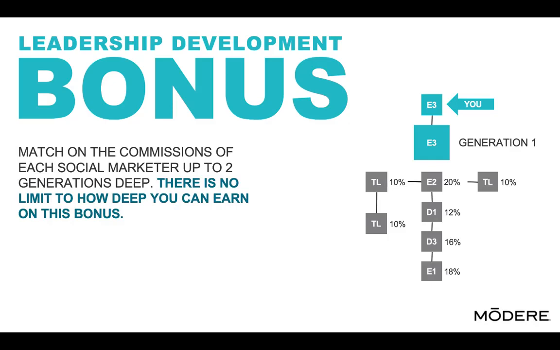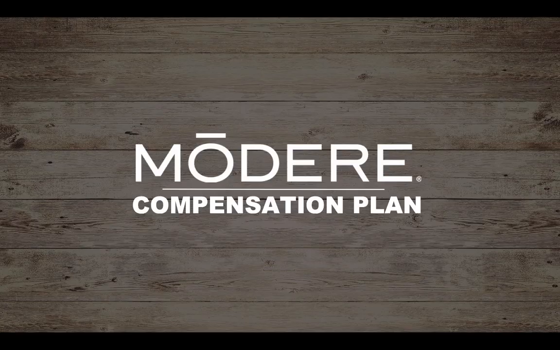And it's capped, the leadership development bonus, at 10% of the comp plan. So 10% of the comp plan is allocated to the leadership development bonus. So it's 2 generations of E3 per person that you enroll that you become eligible for once you hit Elite 1, which is when the check match starts. So it's kind of in the back end of the builder side of the comp plan. But we already have people that are making fortunes on just this one bonus. It's that dynamic of a bonus.